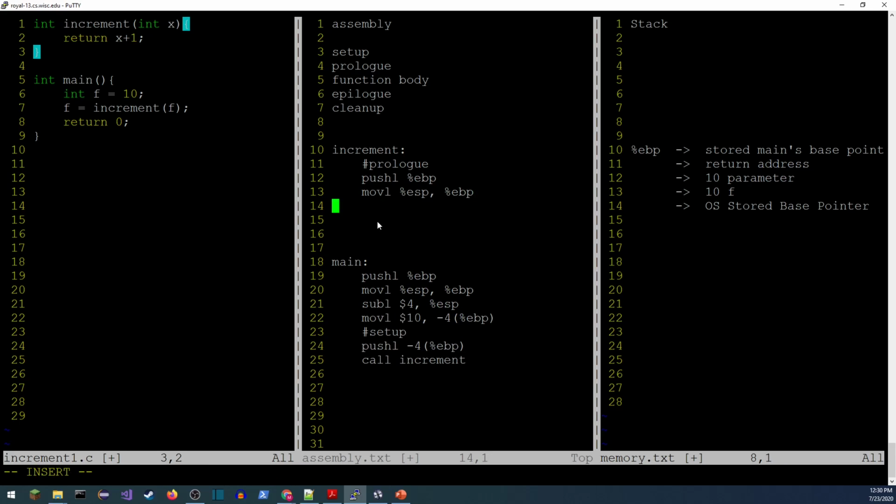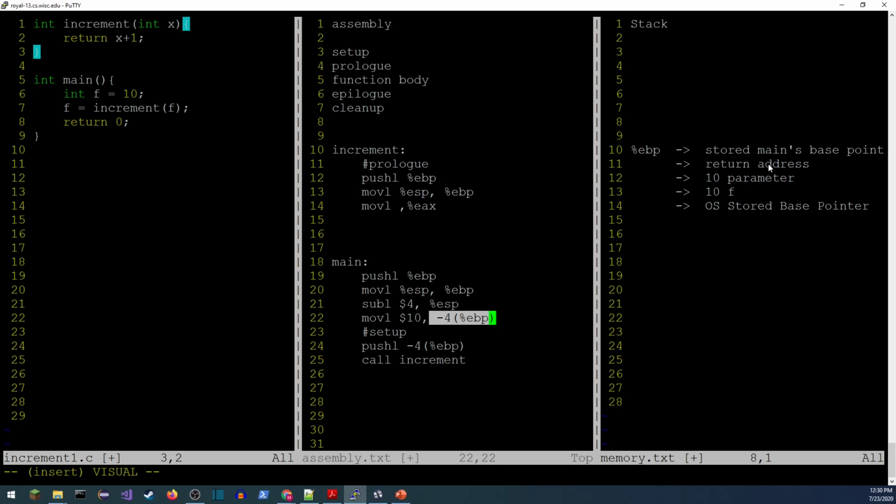So to do that, I just need to move that value into EAX. Move something into EAX. And now what do I want to move? Okay. So my base pointer is no longer down here. It's not just -4 from the base pointer. The base pointer has moved, and the value I want is stored here.